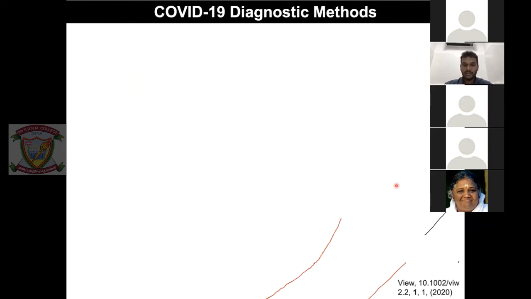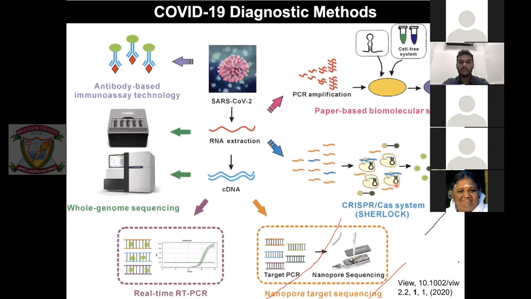All right. Now let us look at, now we know there's this COVID infection. How are you diagnosing, where are we going right now, and what are the methods that have been developed? So I'm just showing here the overall methods that have been published so far and commercially being used. There's something called antibody-based immunoassay technology, and we are going to see what it is. I'm going to briefly explain about that. Basically, you add virus, and then there's the antibody that signals that your SARS-CoV-2 is present.